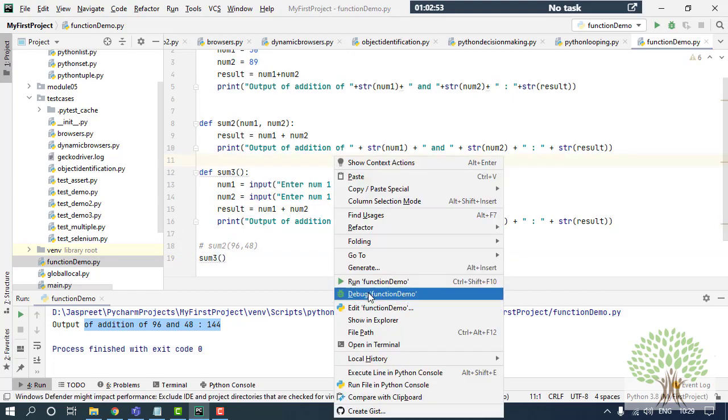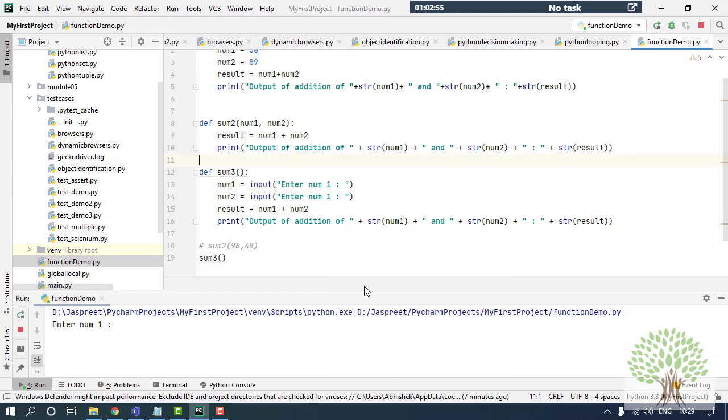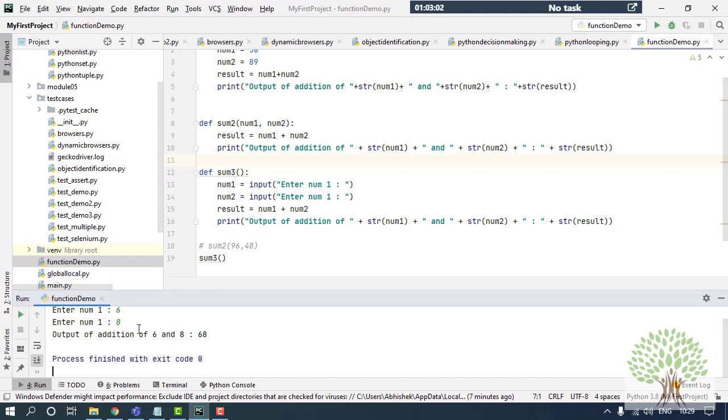Now if I call this, it will concatenate both my strings. So I enter number 1 as 6 and number 2 as 8. It gives me the concatenation result of both the numbers, which is not right. So I have to convert it from string, so I have it over here as integer.